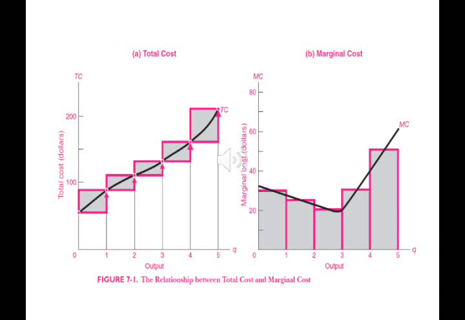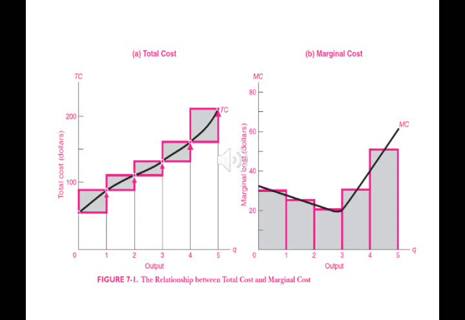It starts from a positive amount, even if output was zero. So it has an intercept, this positive amount. When output is zero, this is called an intercept. So even if output is zero, it still has a positive value. And this positive value, we agreed that it will be at 55, which is the value of the fixed cost. So the total cost curve starts from a positive value,